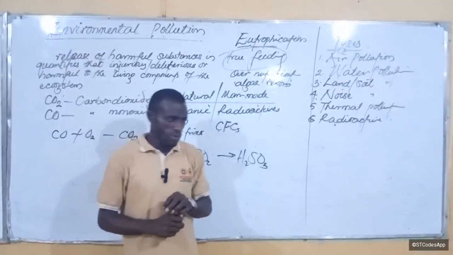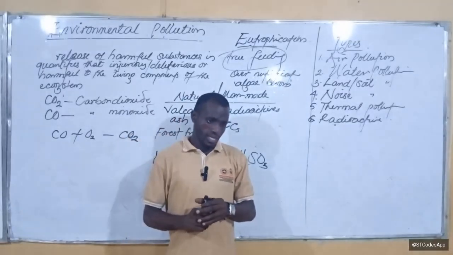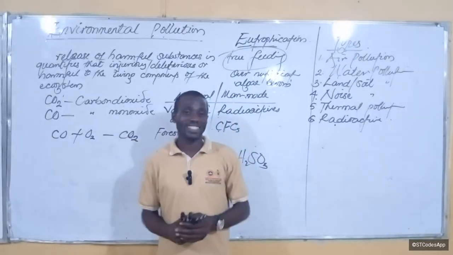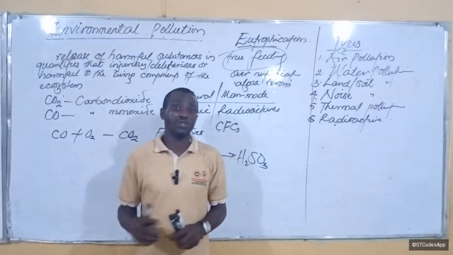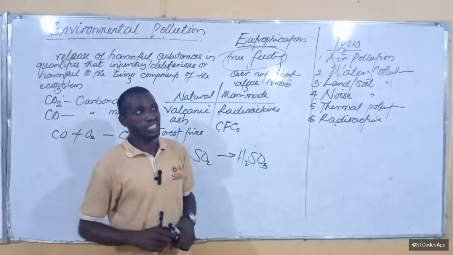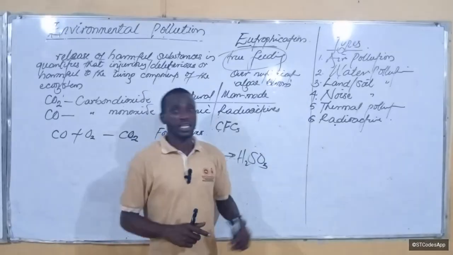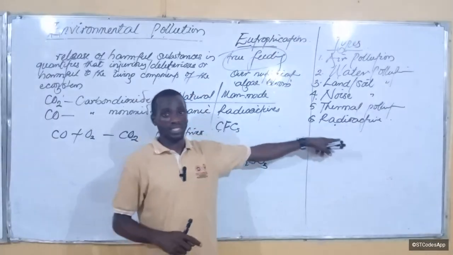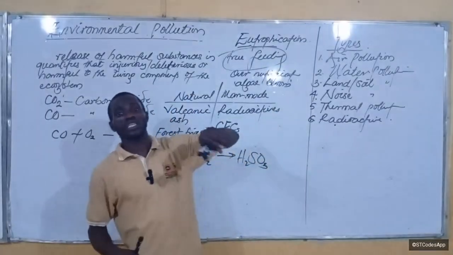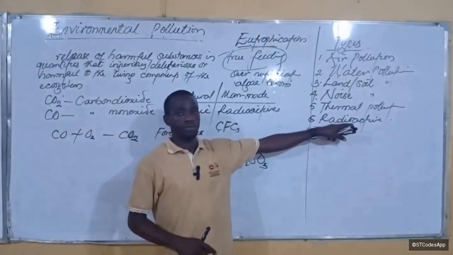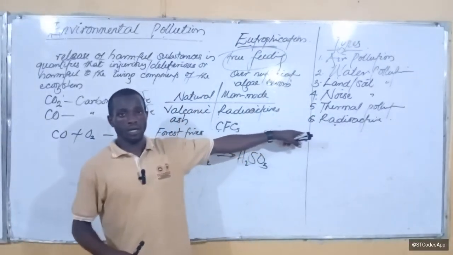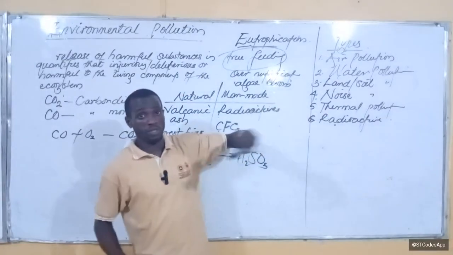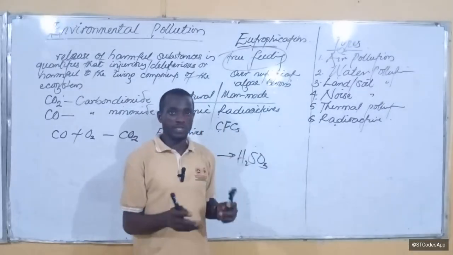So for example, there's somewhere, I'm sorry, I can't remember the place now. That place, people don't visit the place again because during the Second World War, I think, because of nuclear activities there, that place is now being polluted with radioactive emissions. Okay, radioactive emissions cause that place to be unsafe.